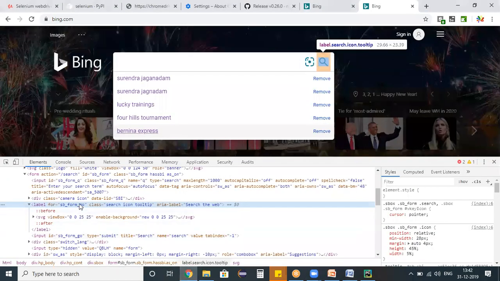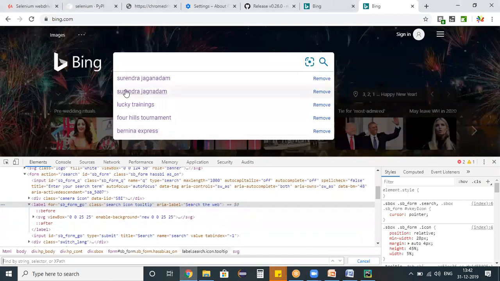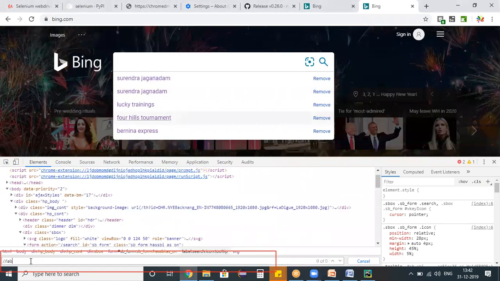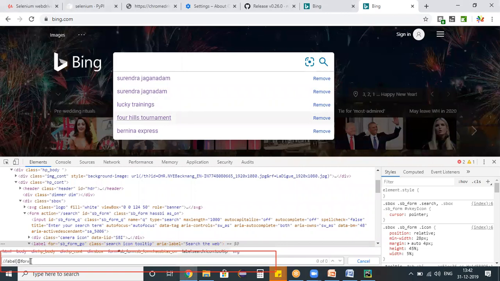See here, I'm pressing Ctrl F. At the bottom of the browser, this find option is displaying, and it states find by string, selector or XPath. Let me write an XPath again. So this is the for value: slash slash label, open braces, at the rate of for is equal to. And as soon as I have written this, if you observe, on the same line at the end,